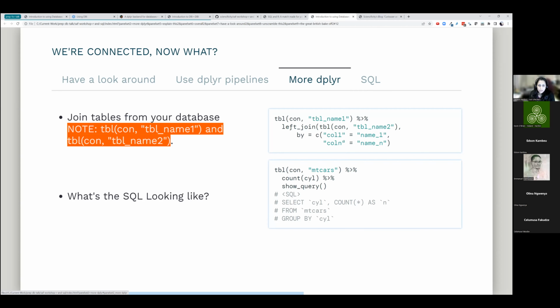In this case, you need to join with another connected table on that database. So here you're saying reach into the connection and get me table number 1, then left join with this same